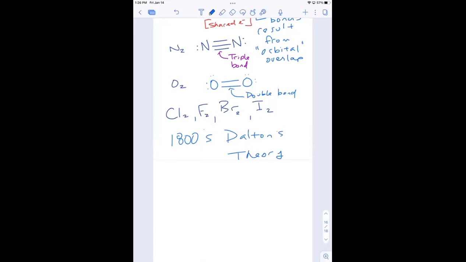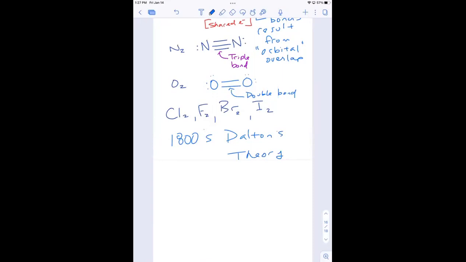We didn't have a lot of data to back up the hypothesis about atomic structure and the nature of elements being made up of atoms until the 1800s. All right, so with that being said,